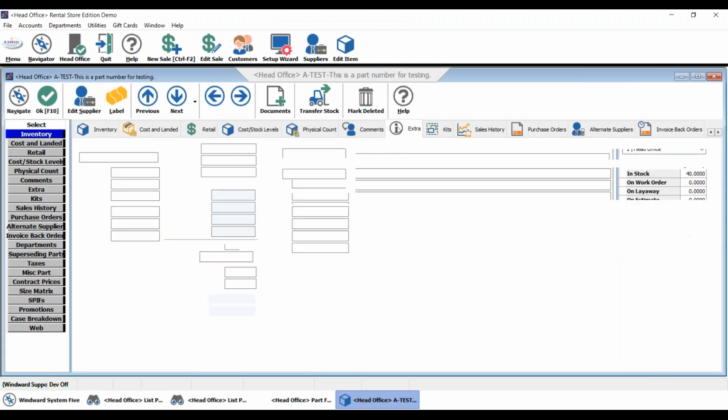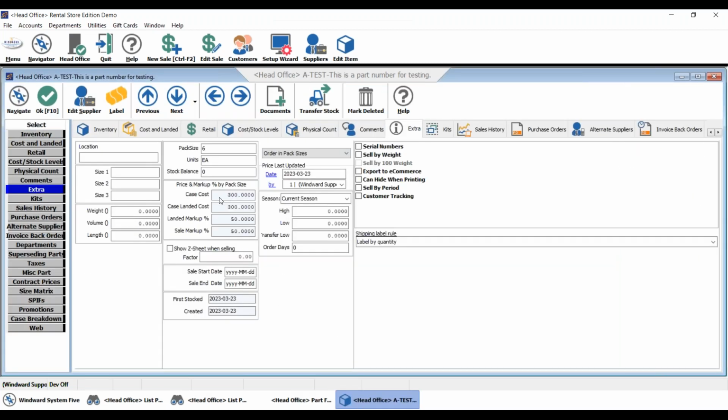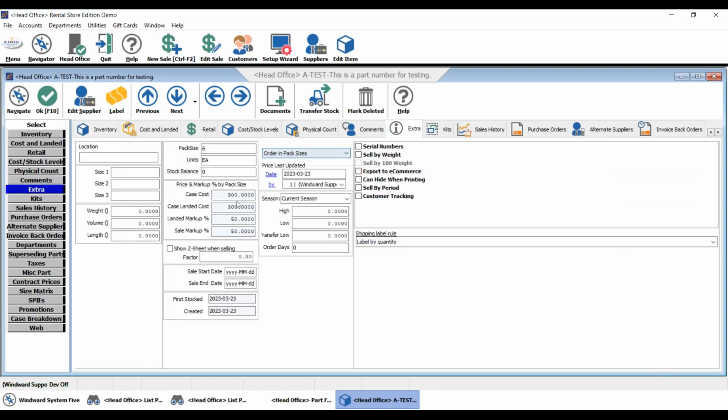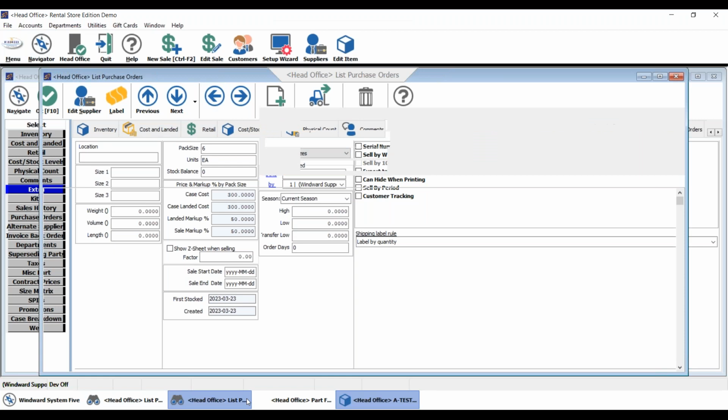So under the extra tab, you can see that there. The case cost is 300, and that is because my standard cost per quantity is 50, and then a pack size of 6, making the case cost 300. And also, if you notice my purchase order,